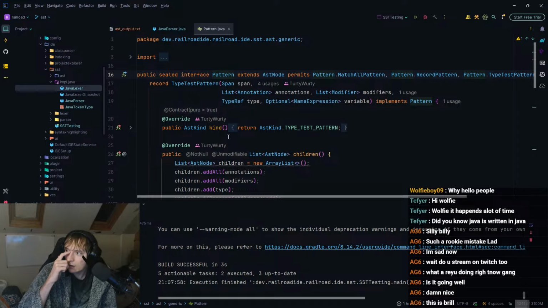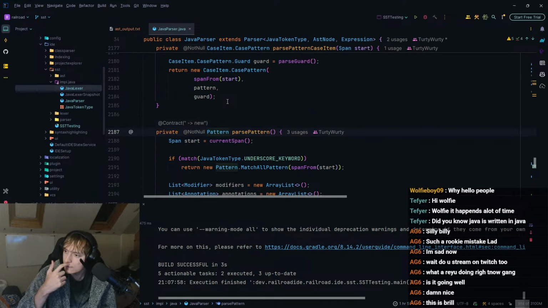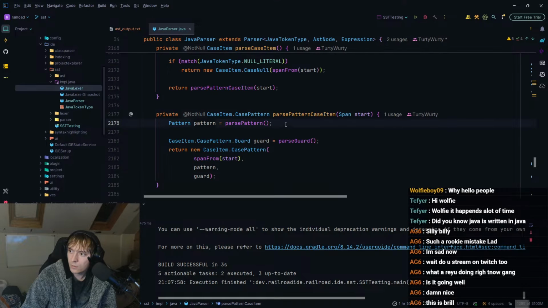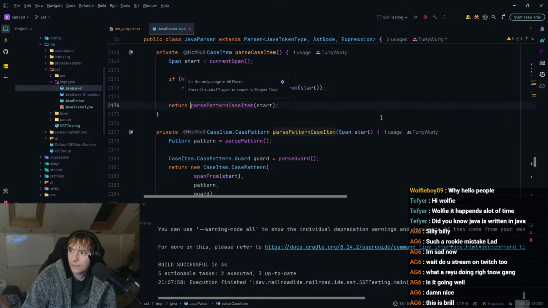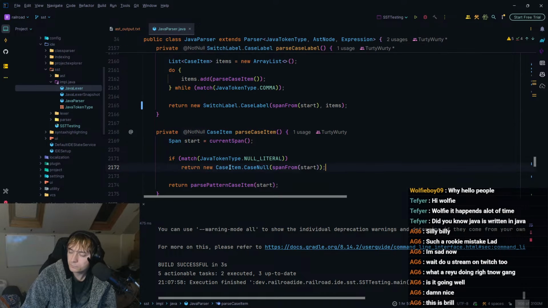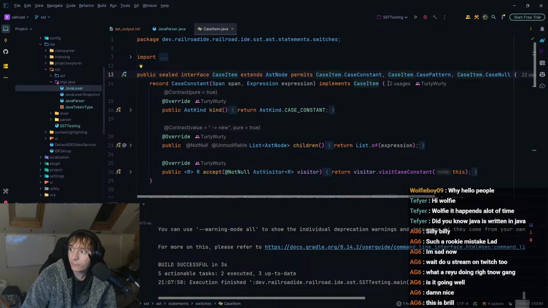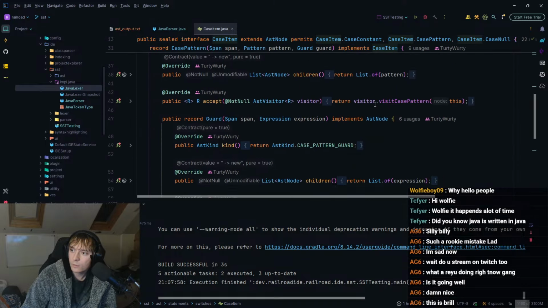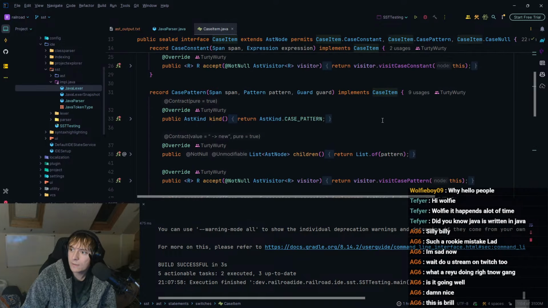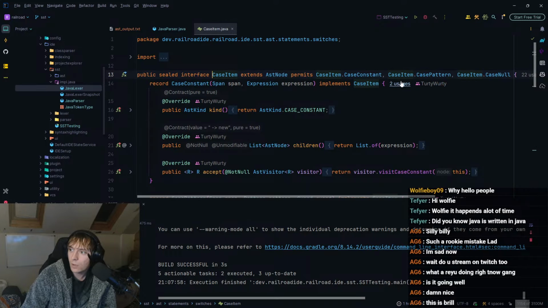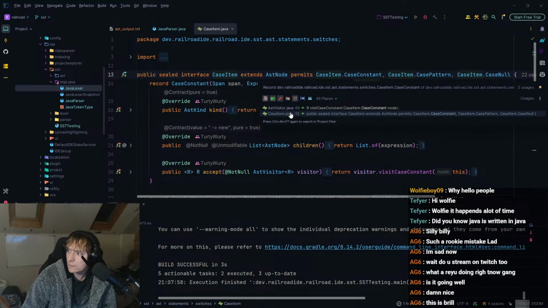We need to have a literal pattern. Oh no, I guess it's not a pattern, is it? So why does it think it's a pattern? Because we're parsing pattern case item. So we need to have other case items, which we have, and I'm not even using them. We have case constant, and we have case pattern, and we have case null. So am I just not using this?